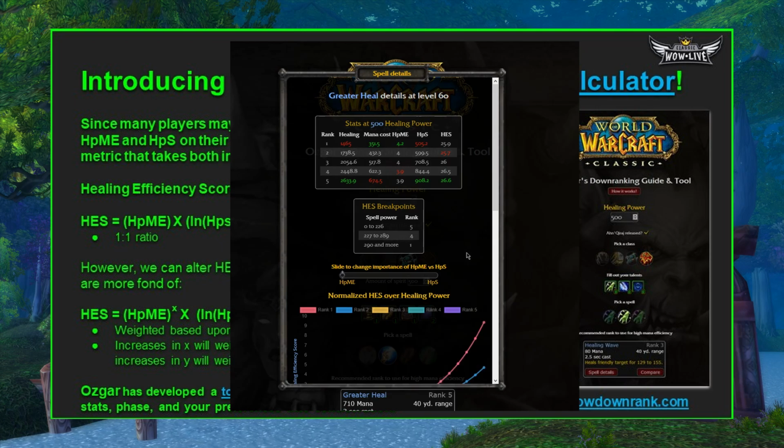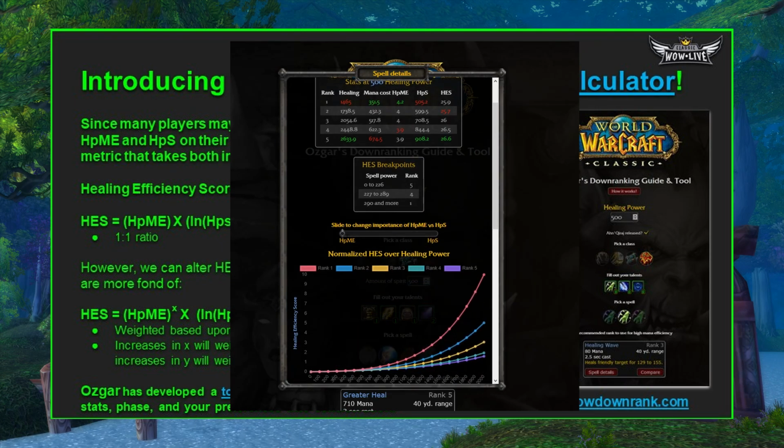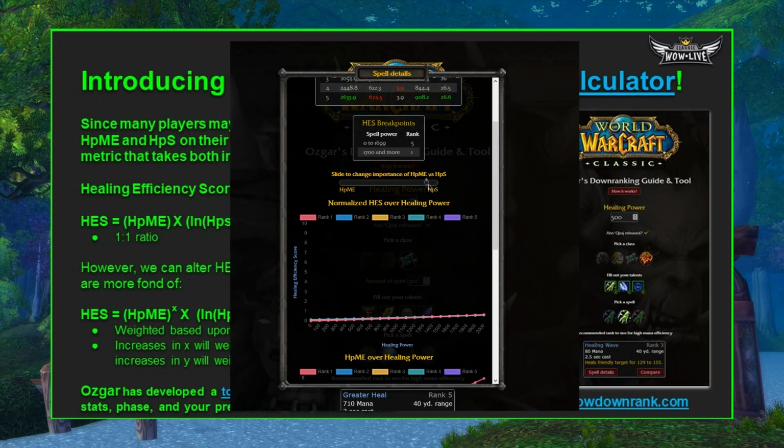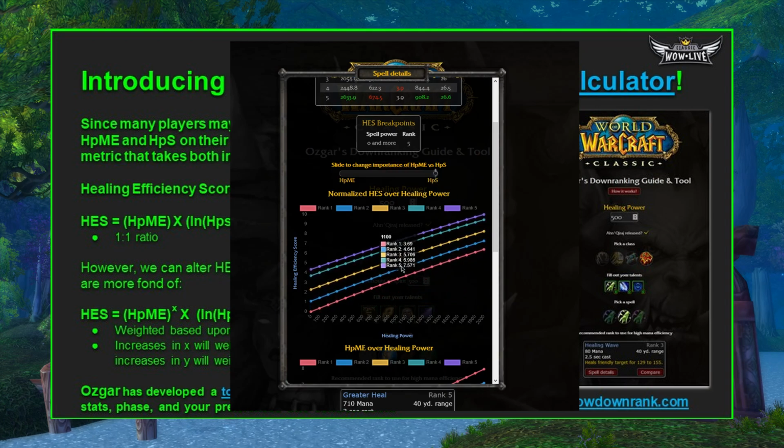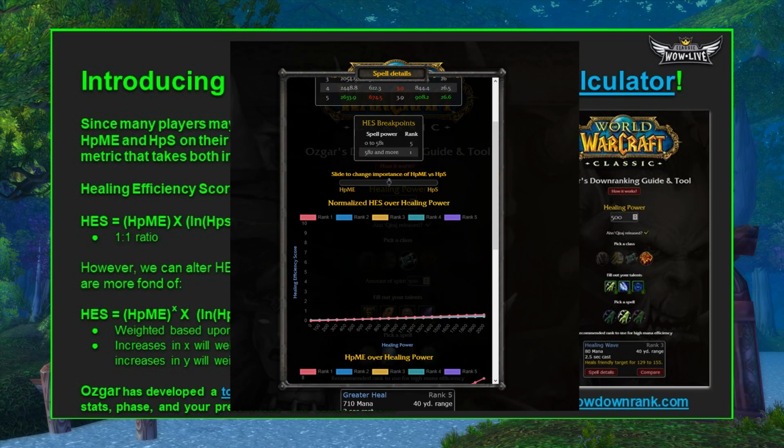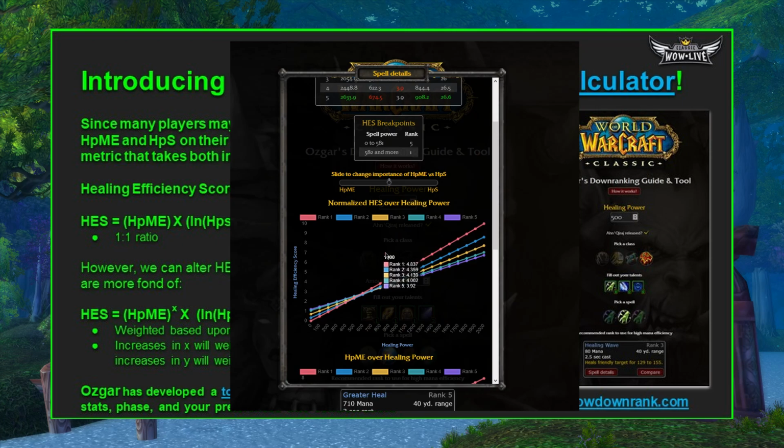If you bring the slider all the way to the left, DpME will be the most important. Alternatively, if you bring the slider all the way to the right, HPS will be all that's considered in the metric. Let's go back into the middle, and you'll notice that it generates graphs for each of the three metrics,